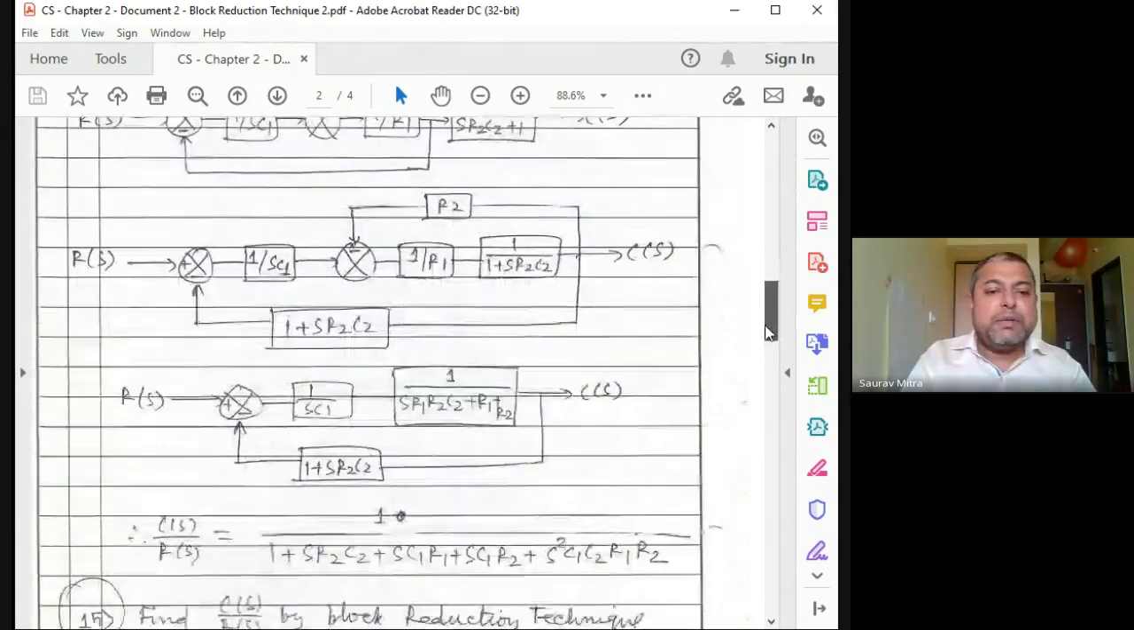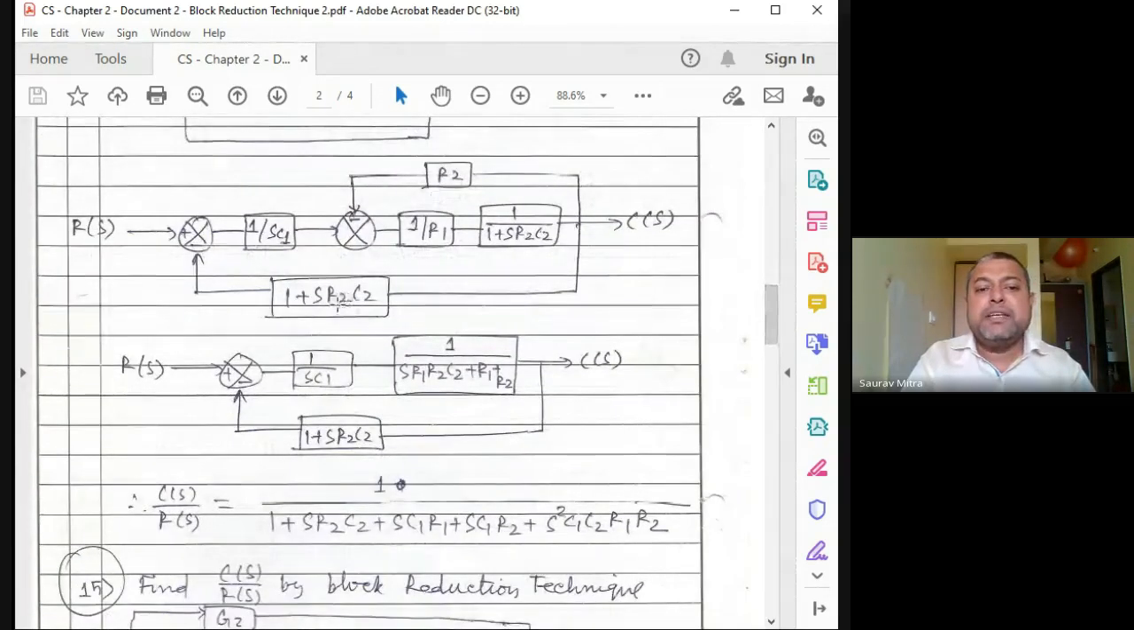So you can find it. So 1 plus SR2C2 has come at the numerator, and now everything is very simple. Okay, so now this part, if you multiply, its forward gain is 1 by R1 into 1 plus SR2C2. So the denominator will be R1 into 1 plus SR2C2, and the feedback gain is R2. So now this loop is simple. If you solve it, something like this you are getting, and this multiplied by 1 by SC1,